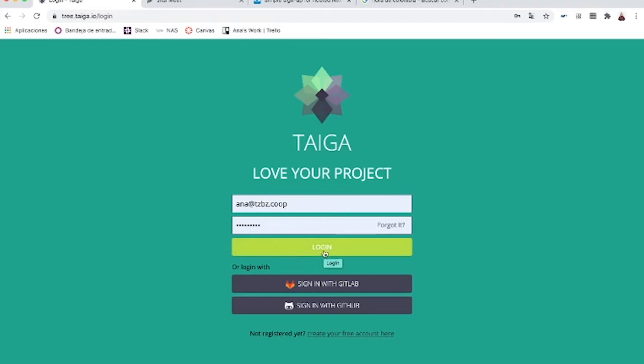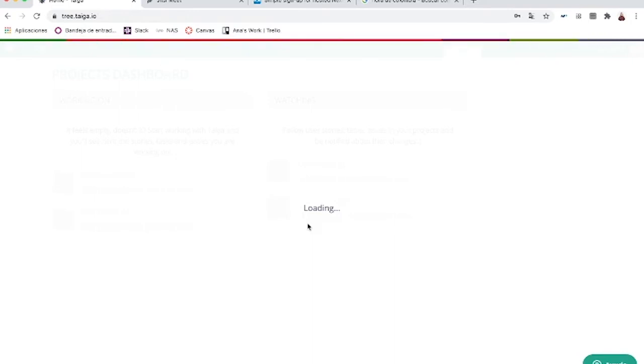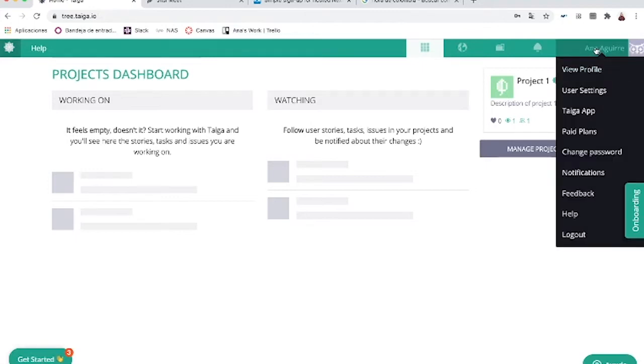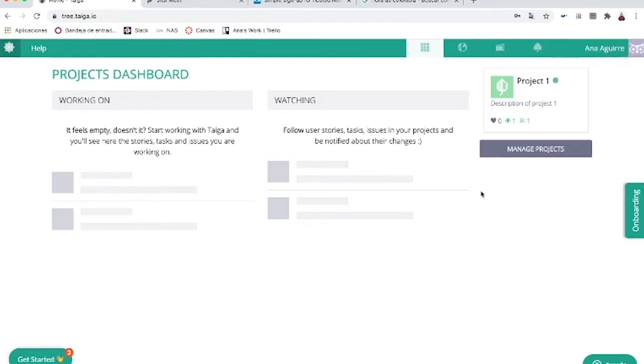If you're the person that is going to set the space for the people, just know that this will look a little bit more simple, but you just need to create a very easy space and just follow the steps really easily. Now you log in and you reach this space that is the space of me, right? My personal space. And if I want to create projects, there's going to be a bunch of things that I want to do. But first of all, what I want to do is invite people or create a project